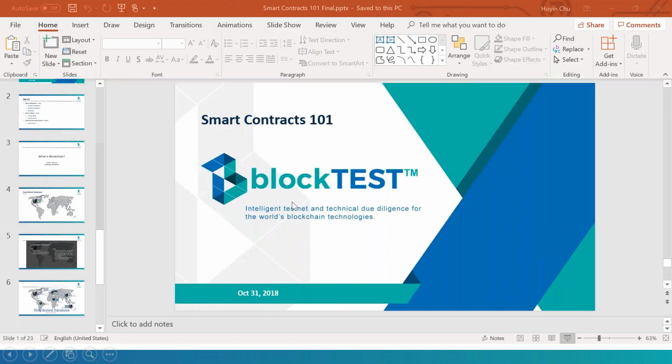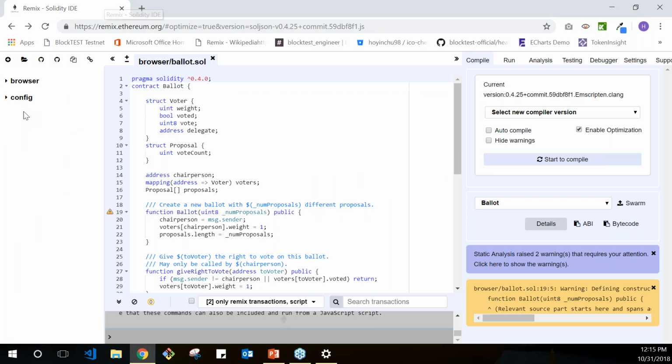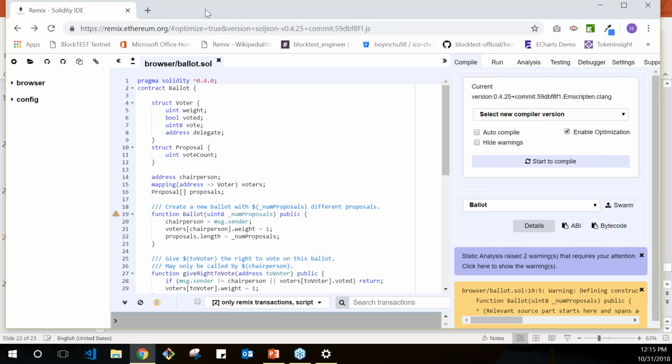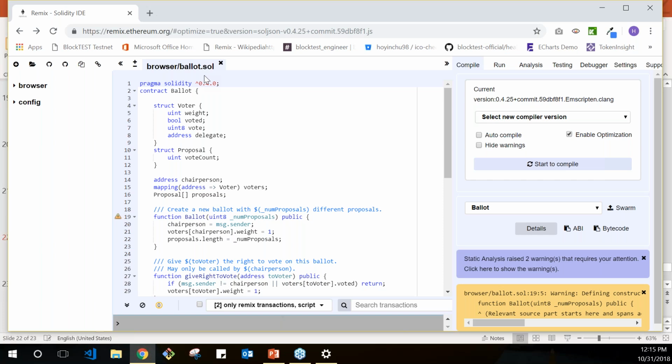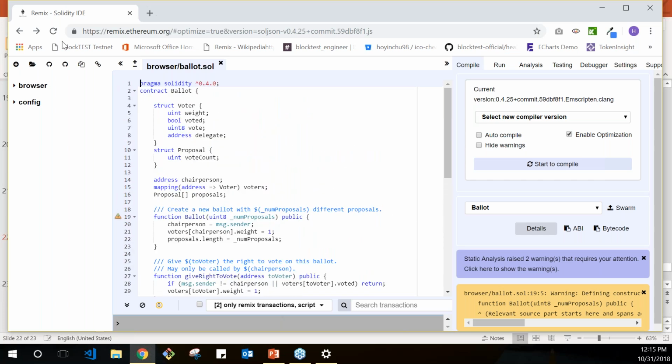Okay, so let me open the browser. And as soon as we open remix.ethereum.org, we get a sample ballot contract. So this is in Solidity, hence the .sol extension. Solidity is the language which is used to write Ethereum smart contracts, but we don't have to worry about this. You might go through it if you're interested, but for our webinar now, I'm going to create a new contract,